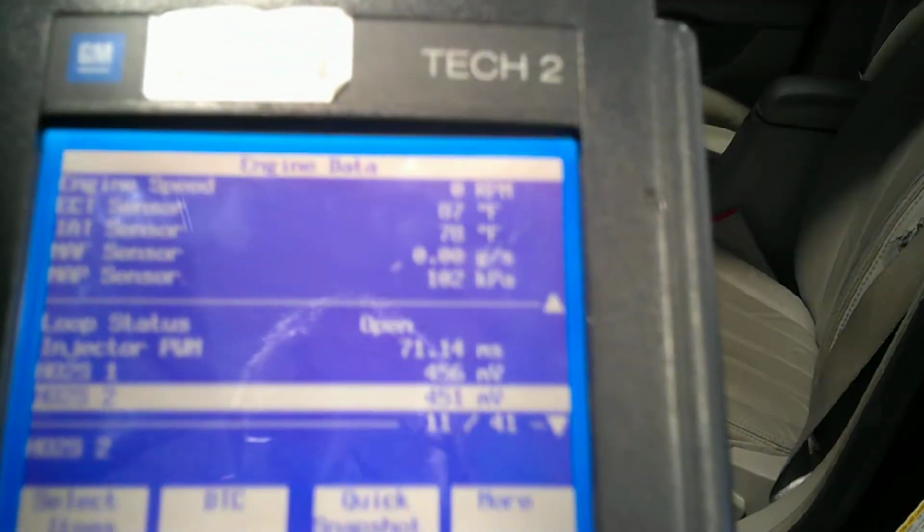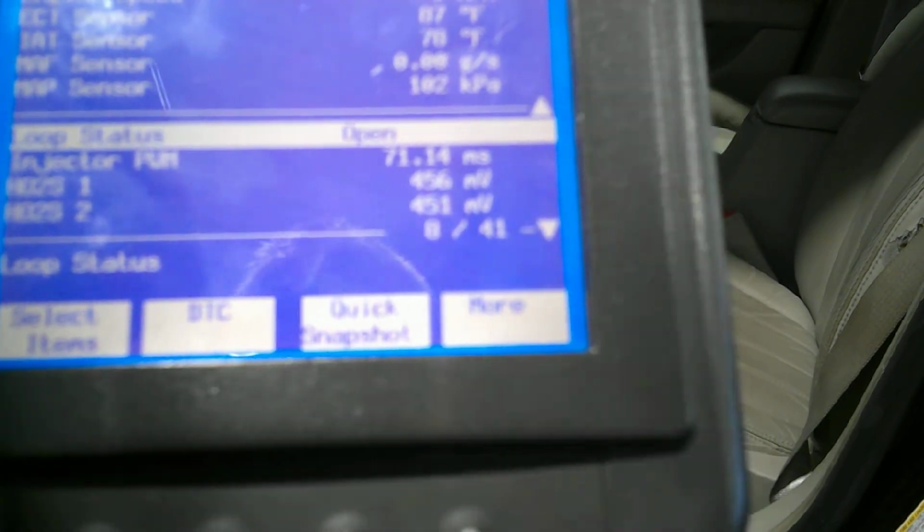And now we have those 5 listed here, right? If we go down, we can continue to see more, but those 5 stay put. And I'm hitting the arrows, just so you know. Right? So now we'll start the car up, and you'll do the same thing. You'll start it up, you'll see it at idle, you'll hold it up to 2,000, and you'll get your value. Now with those up here, you can leave those 5 up there, and then there's your loop status, there's your injector pulse width,